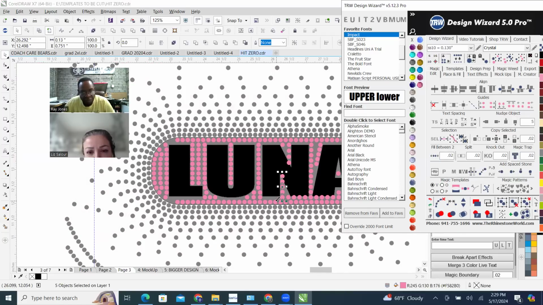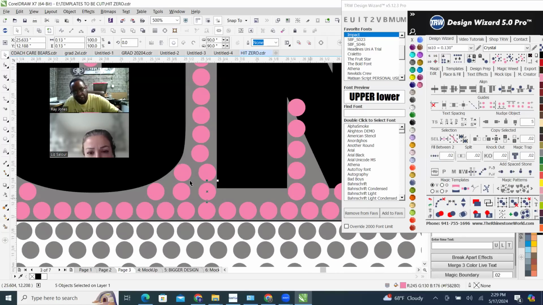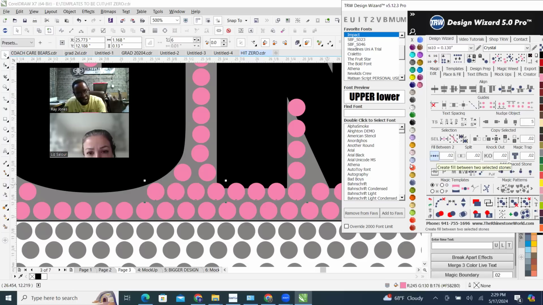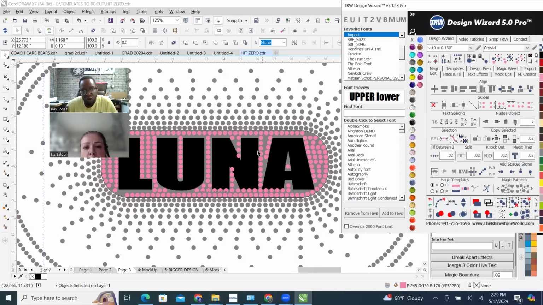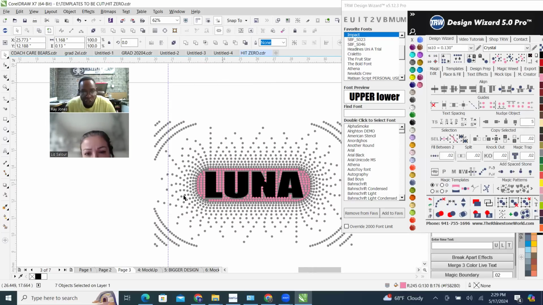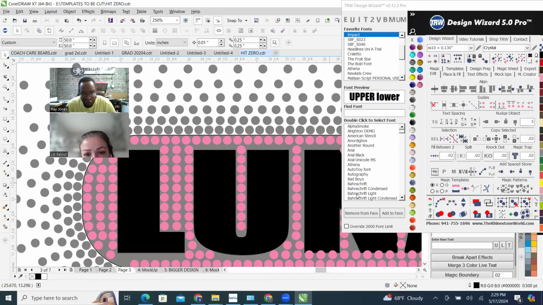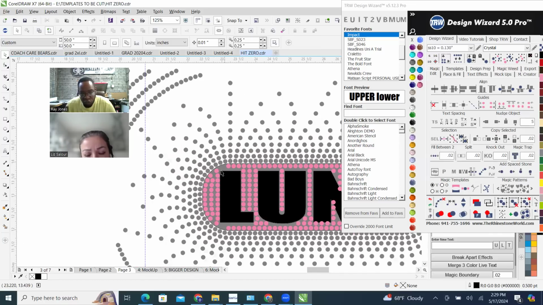Boom. I'll probably finish this line down here. So I'll probably get rid of these two and then just do a fill between two on the entire space and then take one back. Boom. So what I'm trying to do is get it fuller, tighter, and cleaner to where when, like right here,